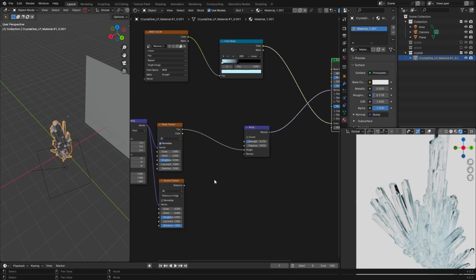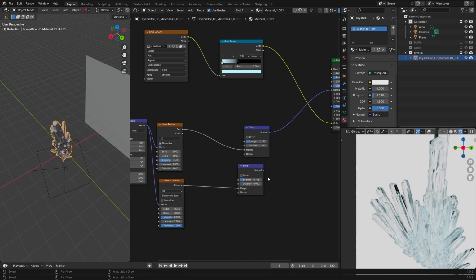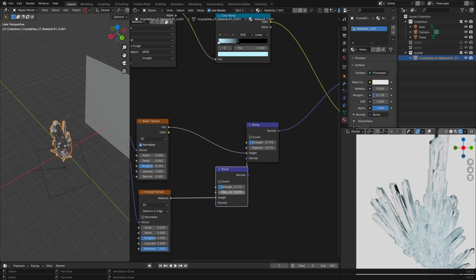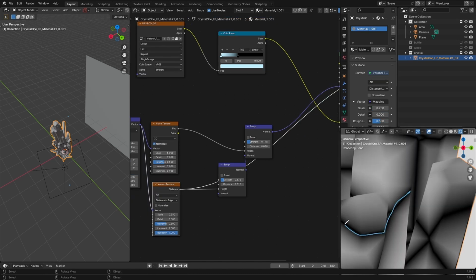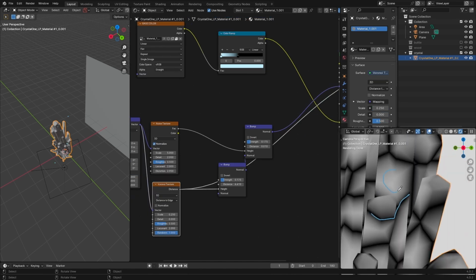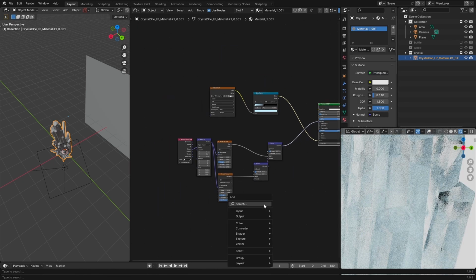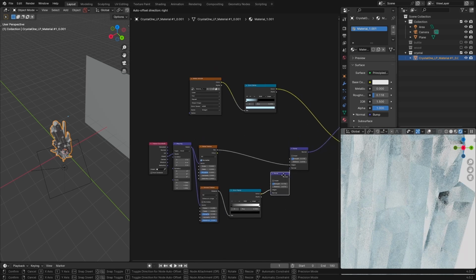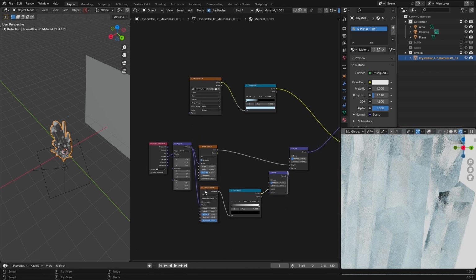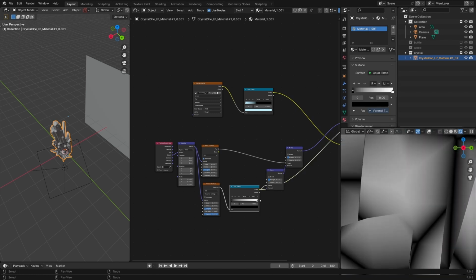Let's add now a bump node, or just duplicate this one. Distance into the height, normal into normal. If you take this one all the way up, I want those lines to have bump and this part to be flat. The way we're going to do this is by adding a color ramp like that, plug it between the texture and the bump node, Control Shift to preview the color ramp,